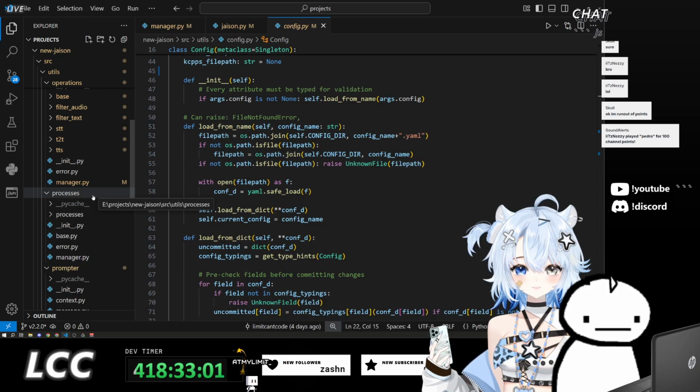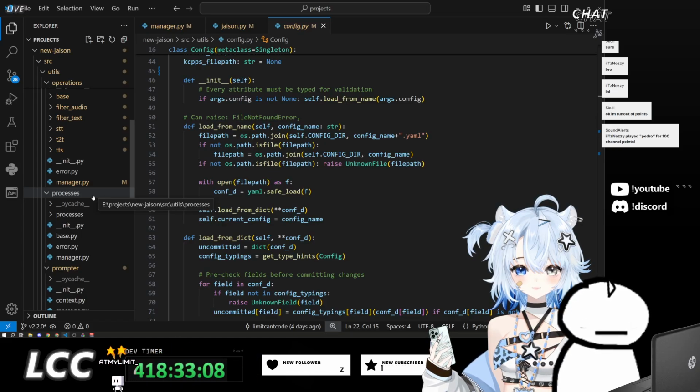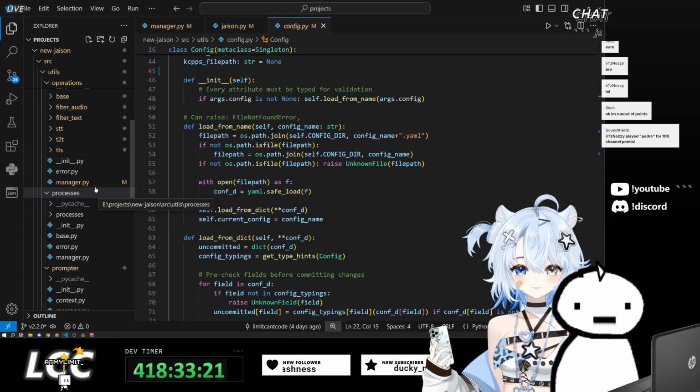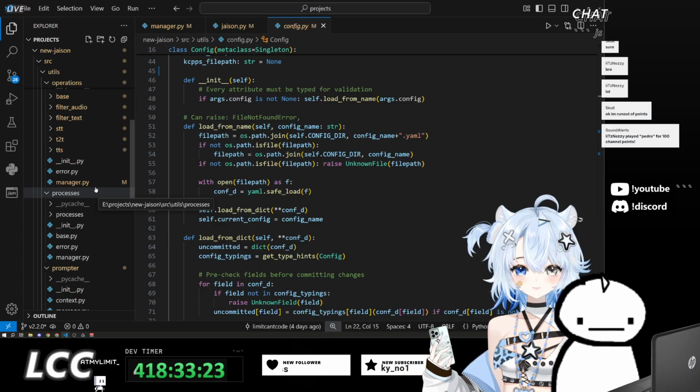Oh, that's going to be so annoying because they need to be synced up. Oh, that's so annoying. No, fuck that. I hate the global configuration manager. This shit. We're just gonna have it so it's not.